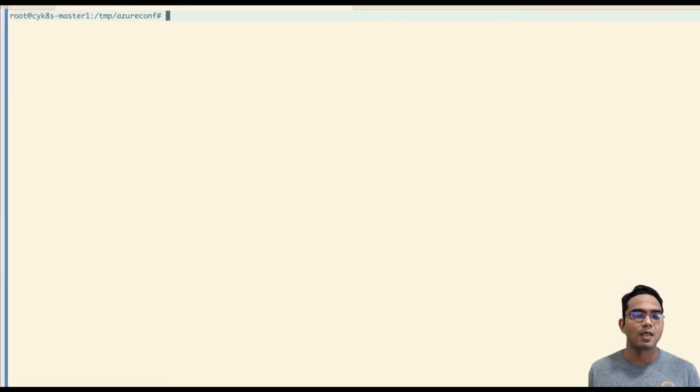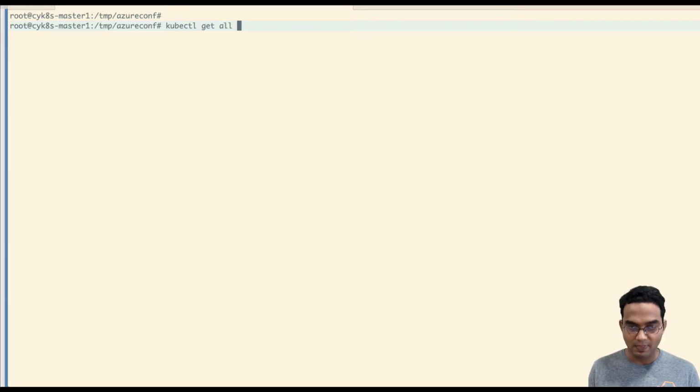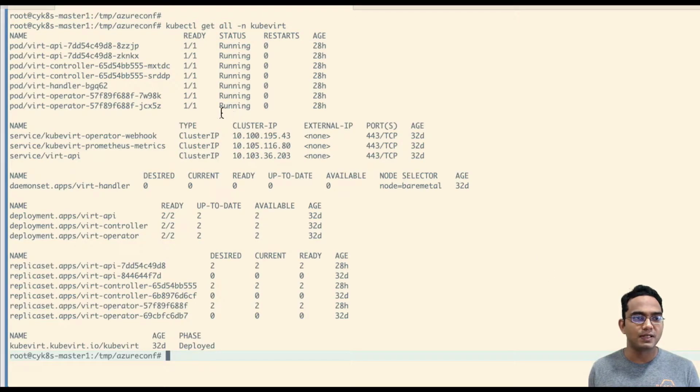Okay. So here I have a cluster which has KubeVirt installed already. Let me just show you that. Yeah, so as we can see, we have some of the objects for our KubeVirt running here.